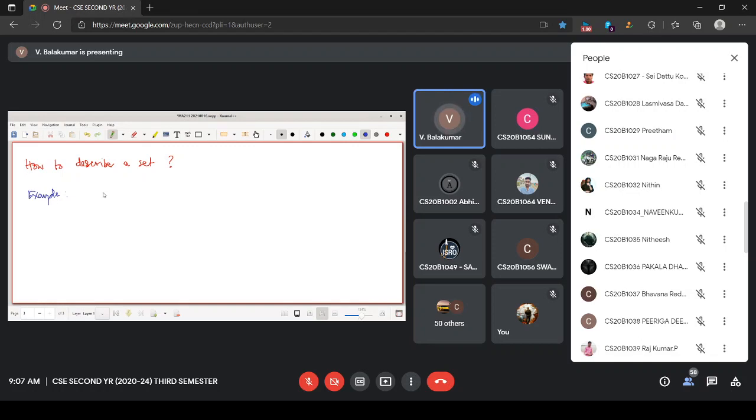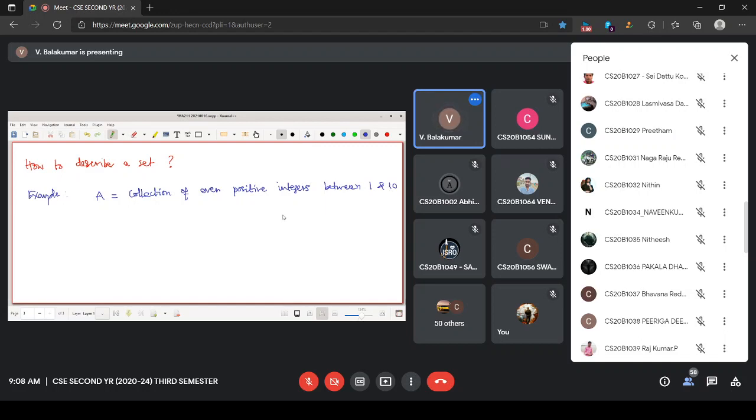So let me write it down. Capital A is denoted as, or I'm defining, a collection of even positive integers between 1 and 10.